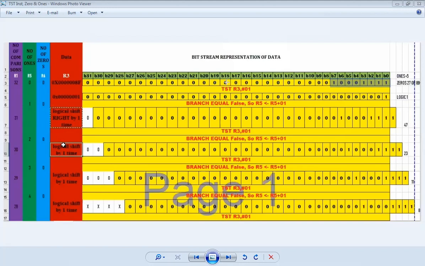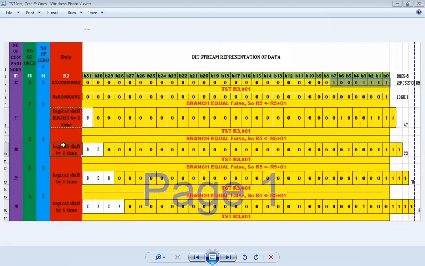The bitwise AND operation happens, and the zero, carry, negative and overflow flags are all affected, but the result is not stored in any register. So utilizing this feature of TST, let's say I use TST R3, 01, which means the first bit is going to go high, the logic high, and this is going to do an ANDing operation with R3.